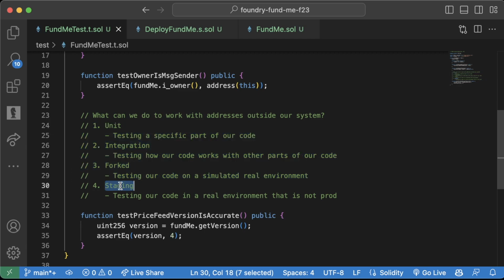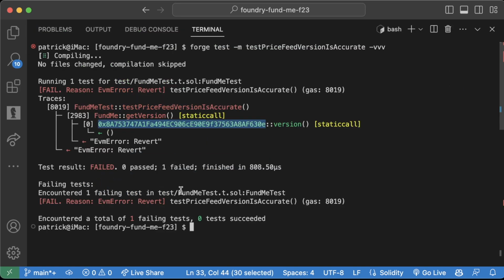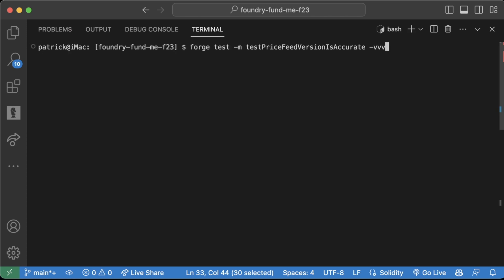And I'll explain what this actually looks like in a little bit. But let's go back to the problem that we're working with here. What can we do to work with these addresses outside of our system? How do we test our test price feed version when we're working with Forge and Anvil? Well, one thing that we can do is when we run our command here, we can pass what's called a